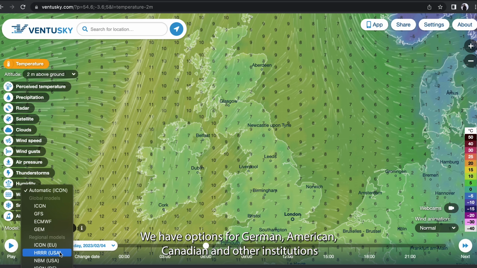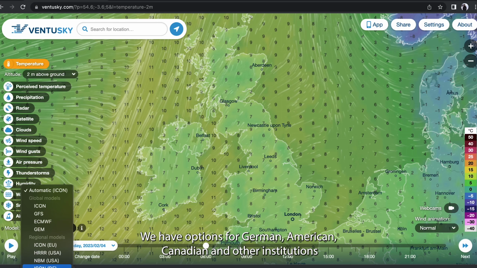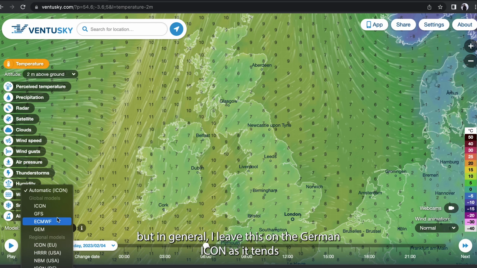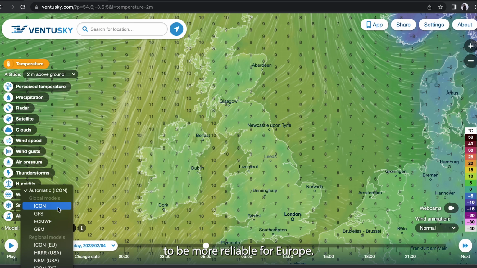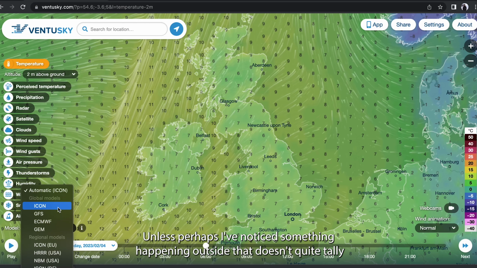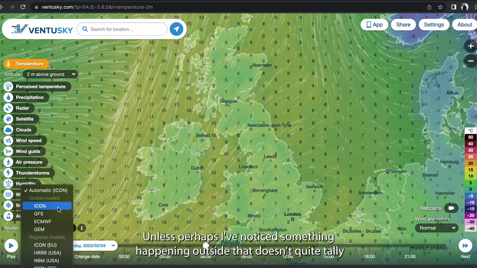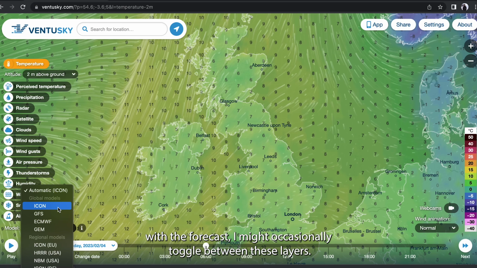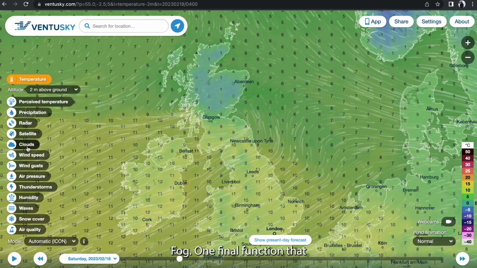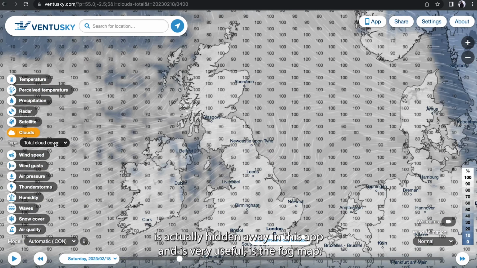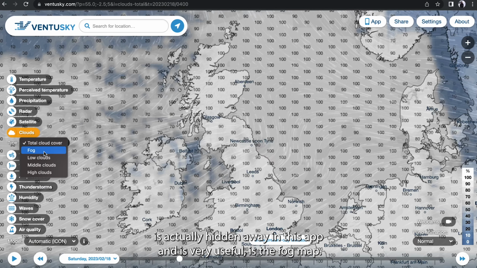We have options for German, American, Canadian and other institutions, but in general I leave this on the German icon as it tends to be more reliable for Europe. Unless perhaps I've noticed something happening outside that doesn't quite tally with the forecast, I might occasionally toggle between these layers. Fog. One final function that is actually hidden away in this app and is very useful is the fog